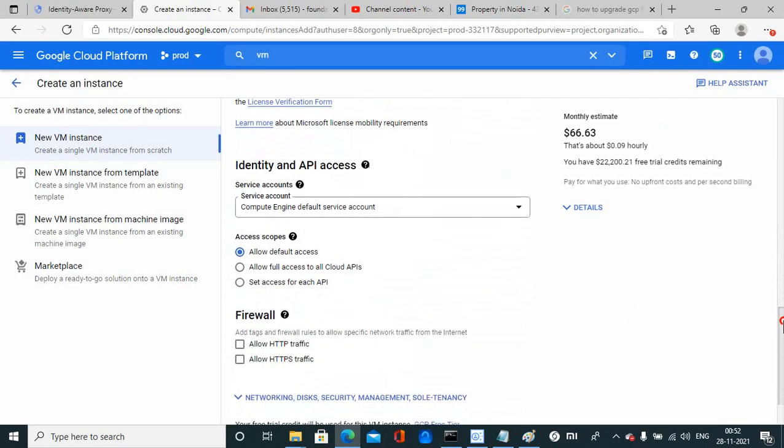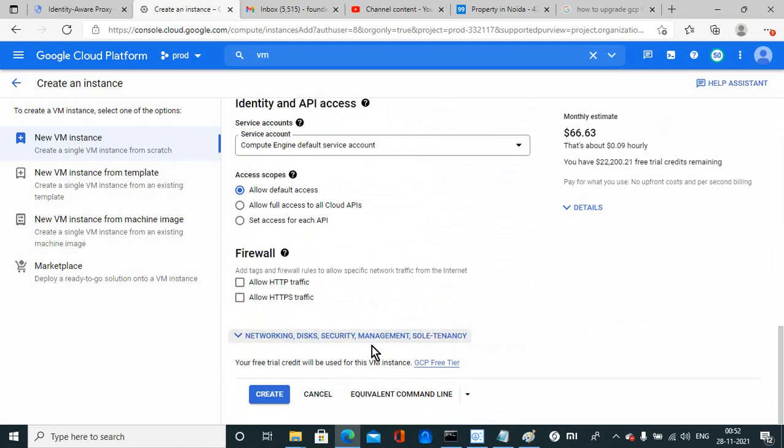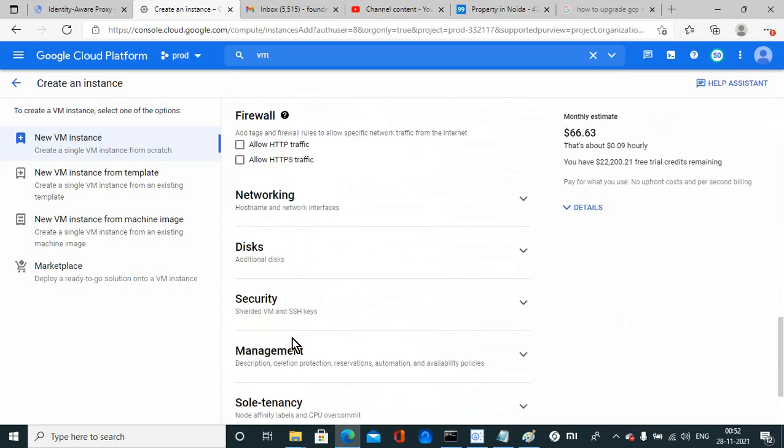We have already created one, and also remember one thing: if you are creating a Windows or any machine or any VM in the GCP environment and you are not giving the public IP on that machine, you will not be able to get RDP. Also if you are not applying any firewall rule on that machine, you will not be able to get the RDP of that machine.